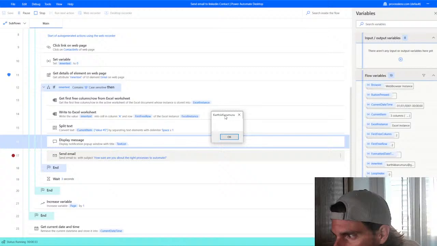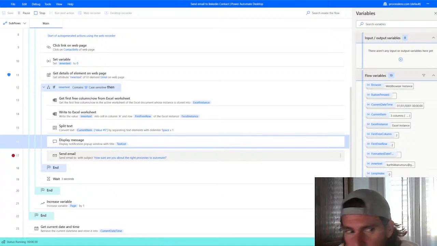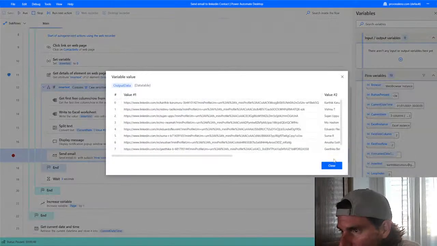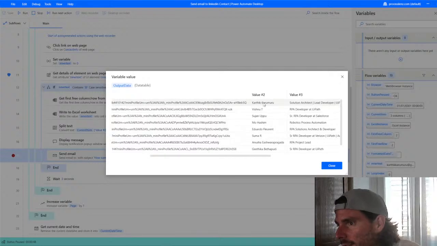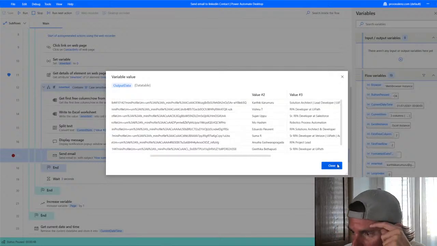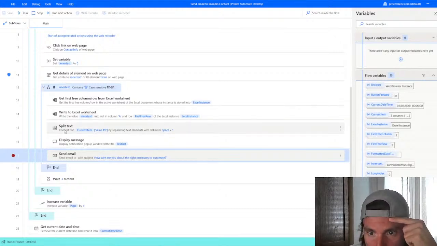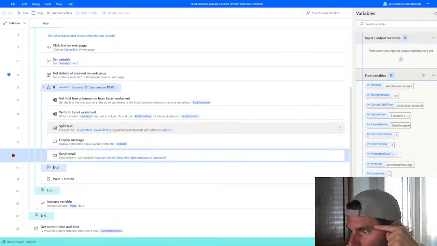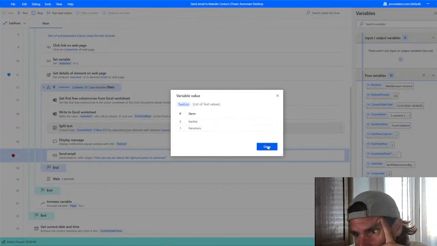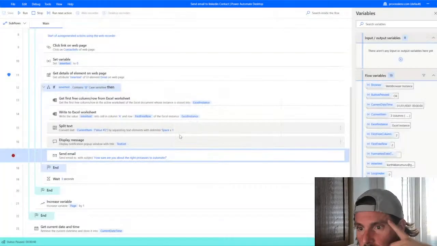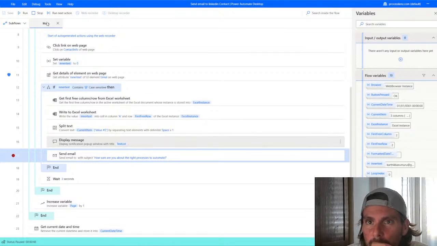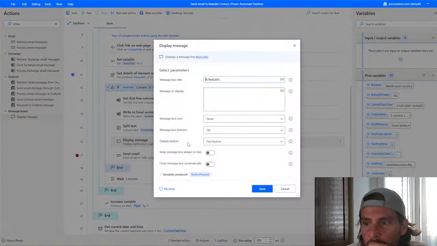So what is it doing? So let's see this output data. Can we not see the output data? All right, we can see the output data right now. So what it is doing is just taking this. Why is it not splitting the text? So let me see this text. Ah, okay, I got it, ladies and gents. So let's see if we can make it work like this. So let's stop this, let's add